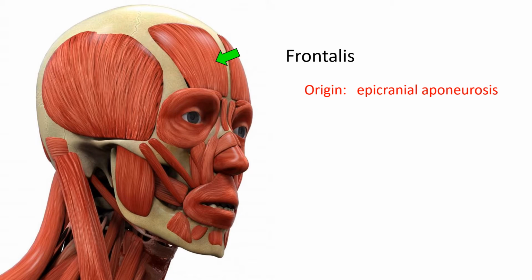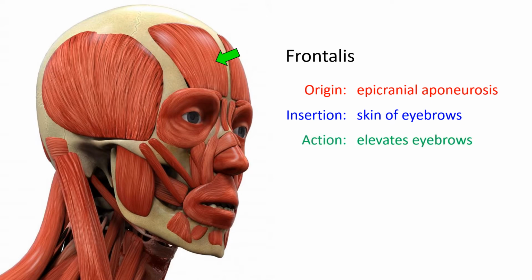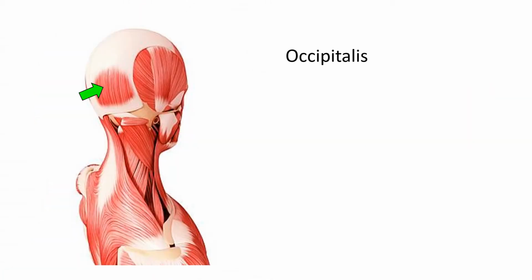So the origin is the epicranial aponeurosis. The insertion is actually the skin of the eyebrows. And with its origin at the aponeurosis above the frontalis muscle and the insertion at the skin of the eyebrows, then basically the action here is going to be to elevate the eyebrows. So anytime that you raise your eyebrows at somebody, you're contracting both your frontalis muscle and this muscle, the occipitalis